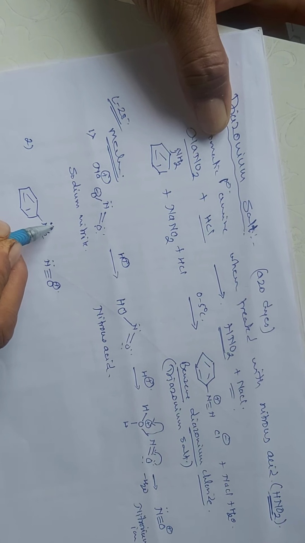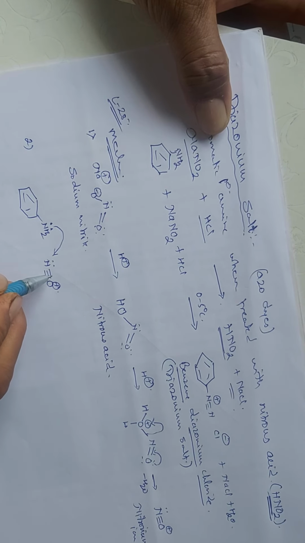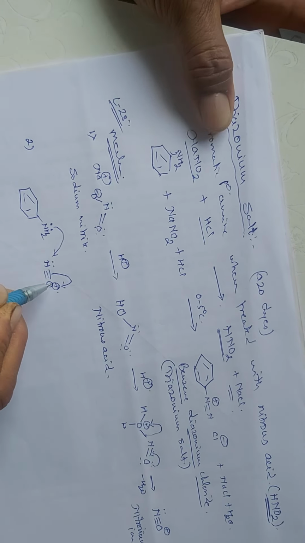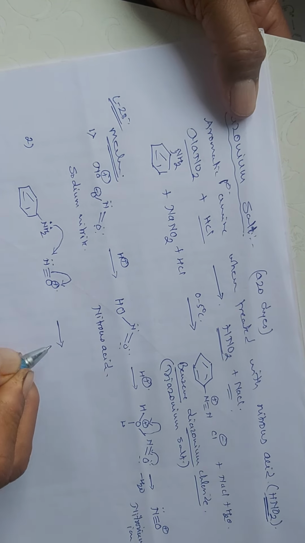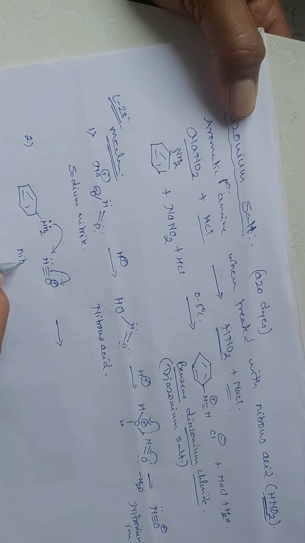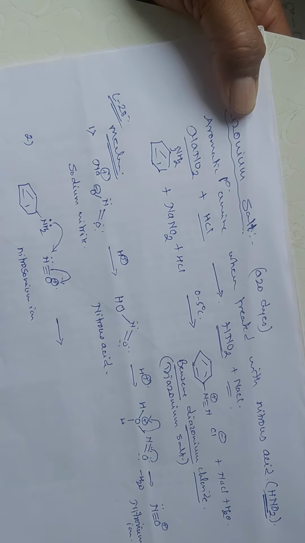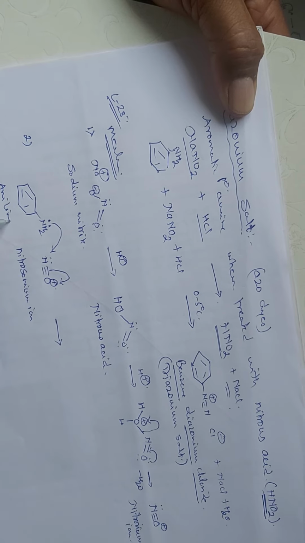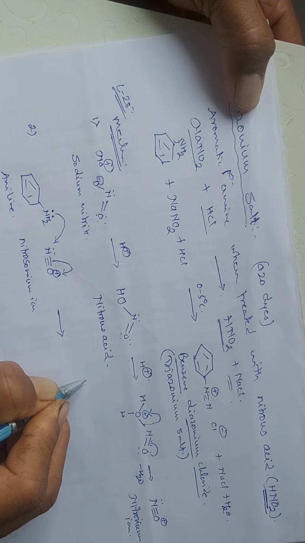This lone pair of electrons of the amino group is donated to this nitrogen, and this pi bond breaks and gives the electron pair to the oxygen of the nitrosonium ion, and here this is your aniline. And here when it reacts, it gives you the formation of nitrosoaniline,